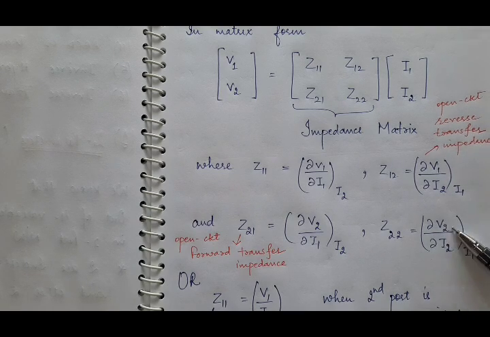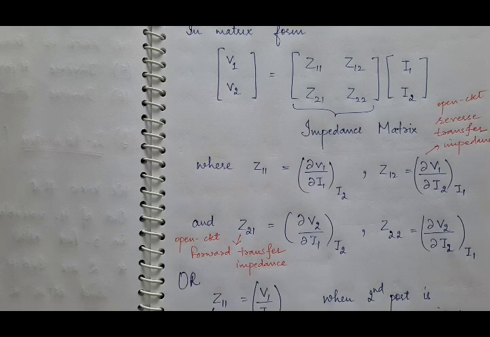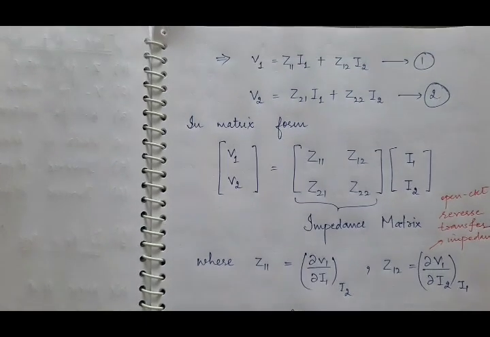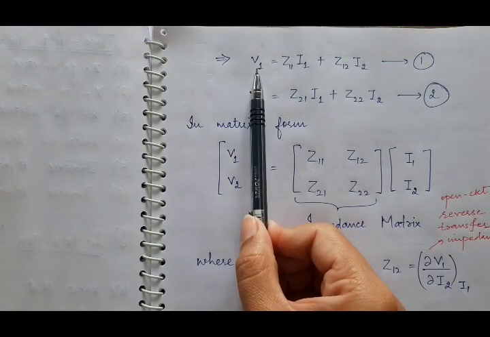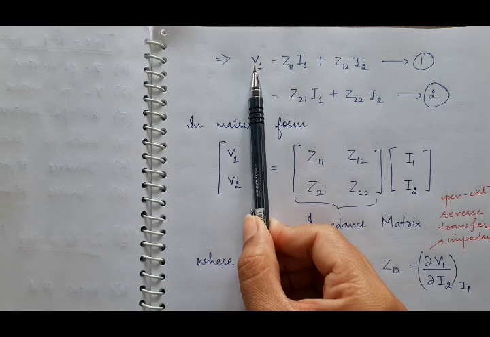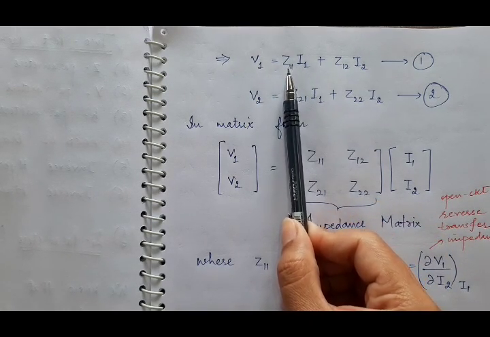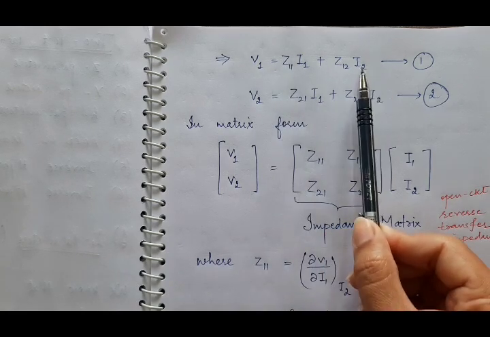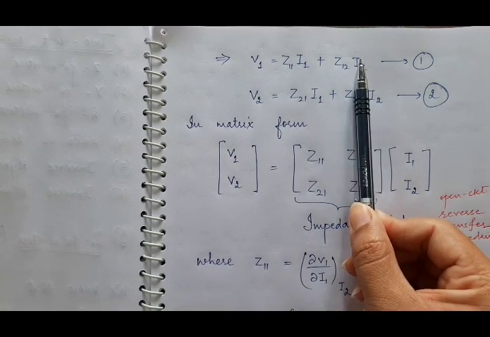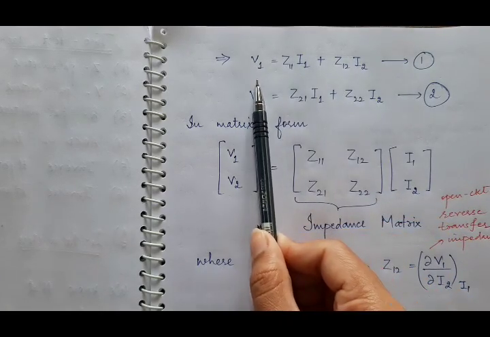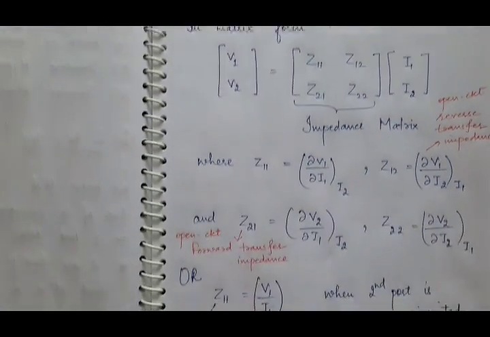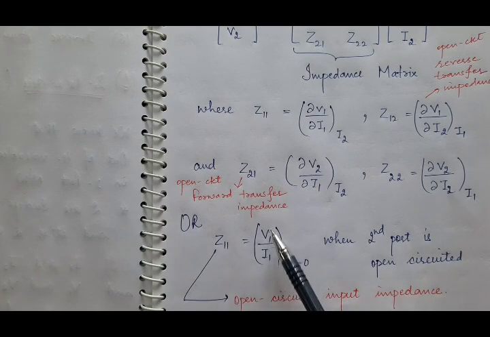Similarly, this is output voltage over output current. So this is the output impedance. But then if you don't involve these changes, you are just writing V1 as V1, means you are not writing V1 as dV1. Then it will be this equation. And how can you find the value of Z11? When this I2 is 0. And when I2 is 0, Z11 will be V1 by I1. So the value of Z11 in that case will be V1 by I1 when you make I2 equal to 0.